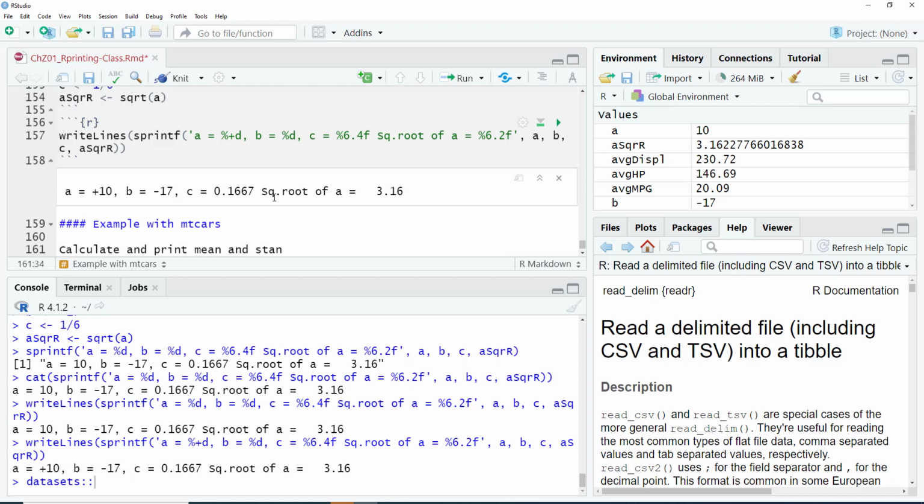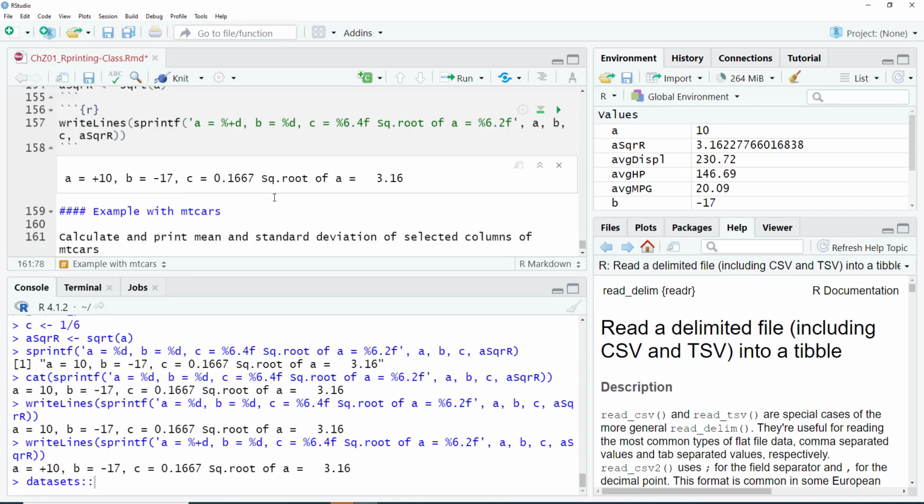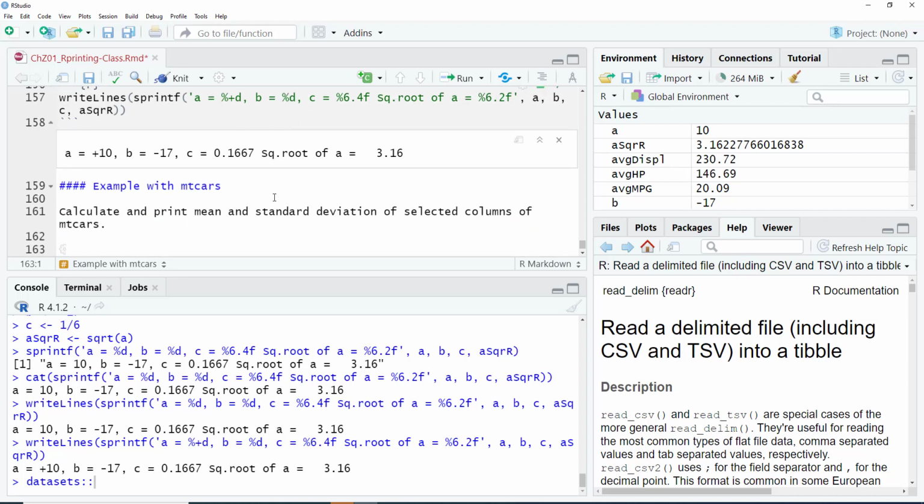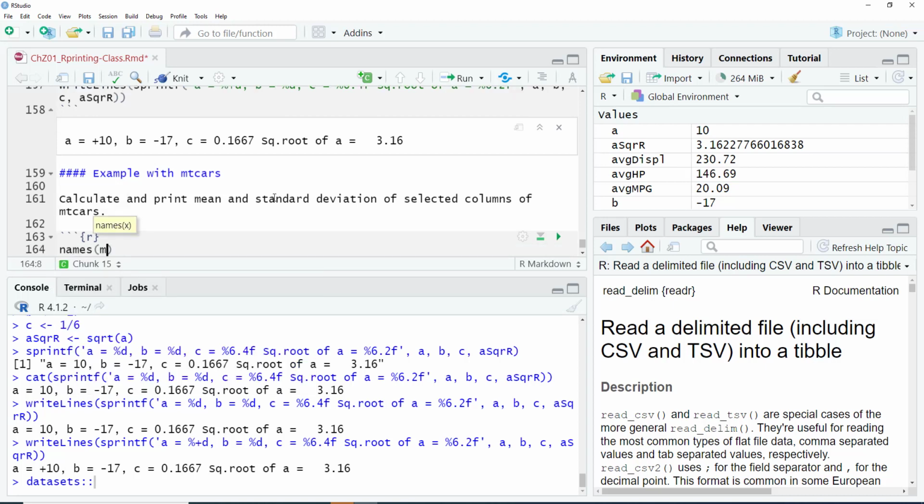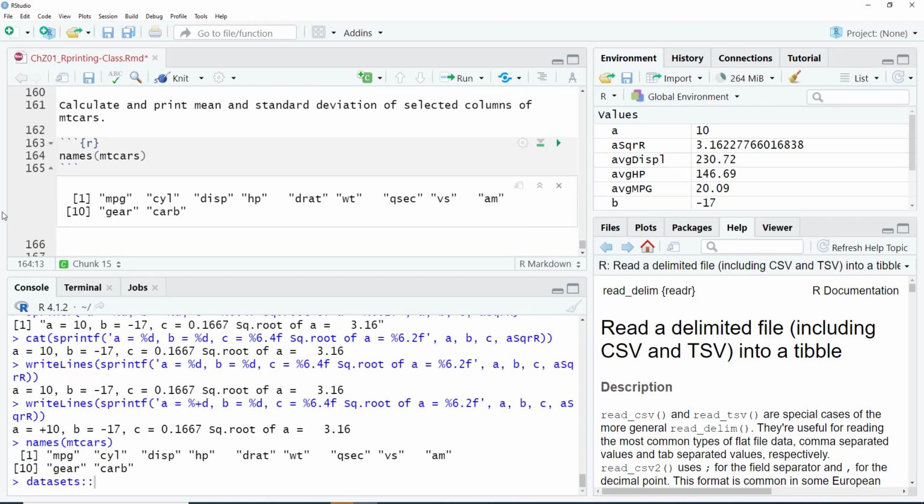and standard deviation of selected columns of mtcars. Okay. So let's look at the names of mtcars, so then we can select what we want to do with it. Okay. Suppose that we want, for selected columns of mtcars, mpg,